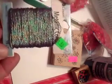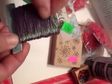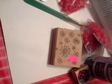Got some metallic cording for $1.50. I'm not so sure that this is like the best deal ever, but I don't know. I thought it was neat. I don't like to pay full price for anything, but